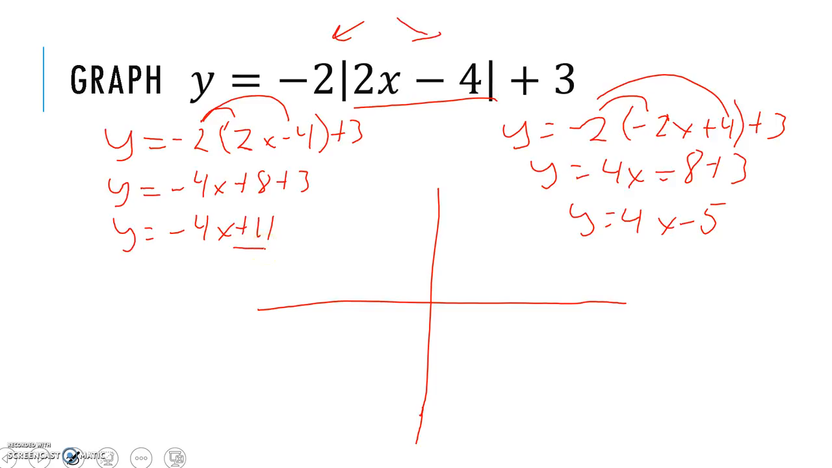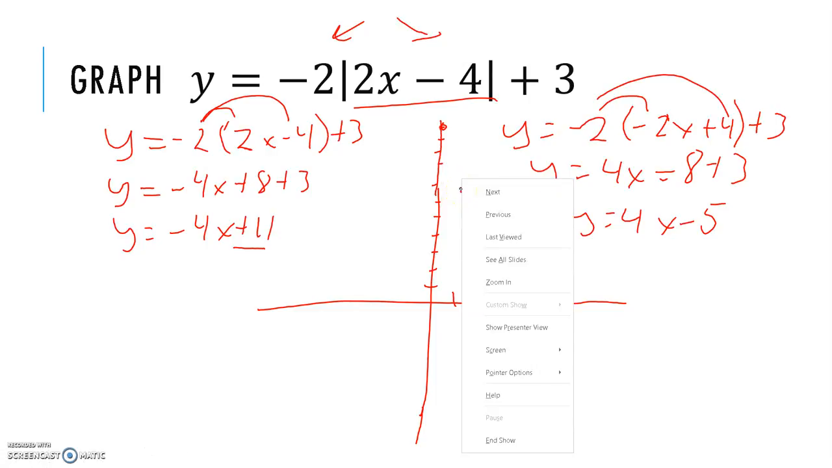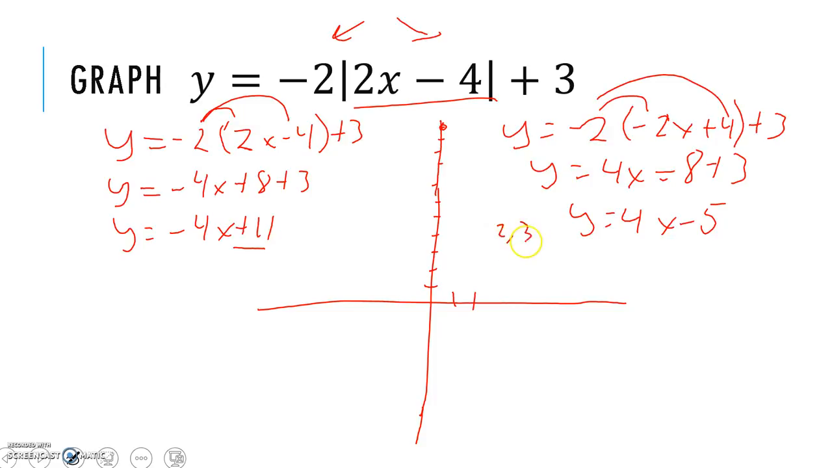So I would go up. It's going to be kind of tough to do here. 1, 2, 3, 4, 5, 6, 7, 8, 9, 10, 11. And the slope is -4. And so from 11, here's my first point. I would go down 4 and over 1. And then again, I would go down 4 and over 1, which would put me here. Notice that this is the point 2, 3. And I can continue to go down 4 and over 1, but it's going to give me a line that